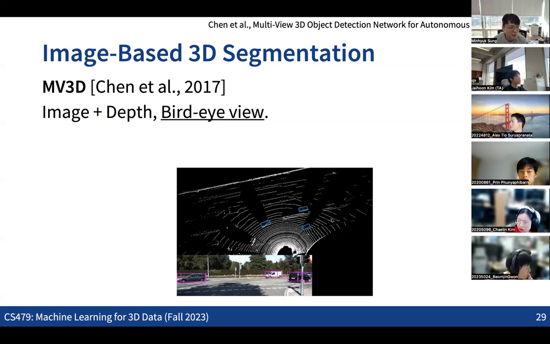This is one example where we treat all these 3D things, like RGB colors plus depth, as four-channel images from the bird's eye view and run the same 2D object detection and segmentation architectures. Then what would be the downside of this case, if we just treat everything as 2.5D images?